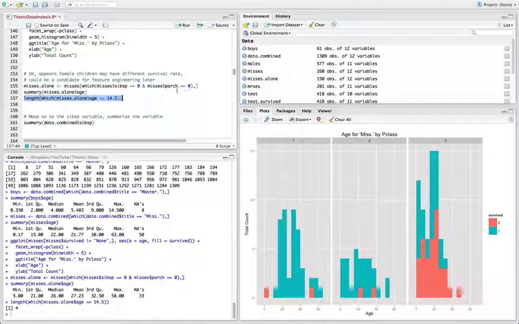if all these records of women with the title of Miss that are traveling alone, that is no siblings or spouses and no parents or children, how many of them are less than 14 and a half? And the reason why I picked 14 and a half was that was the max value that we saw here for those male records with the title of master, which we assume to be boys, male children. So I just want to say, symmetrically, what does that look like? So you can see here that